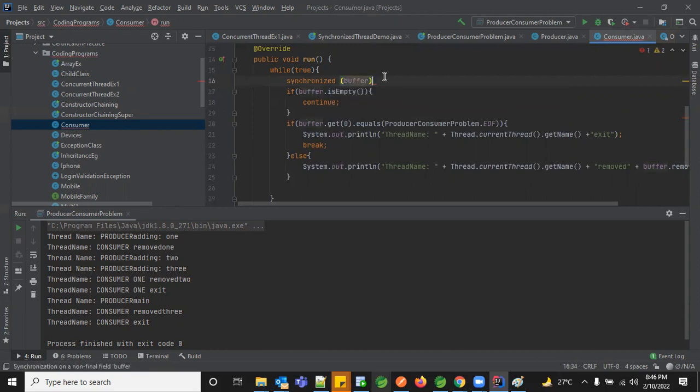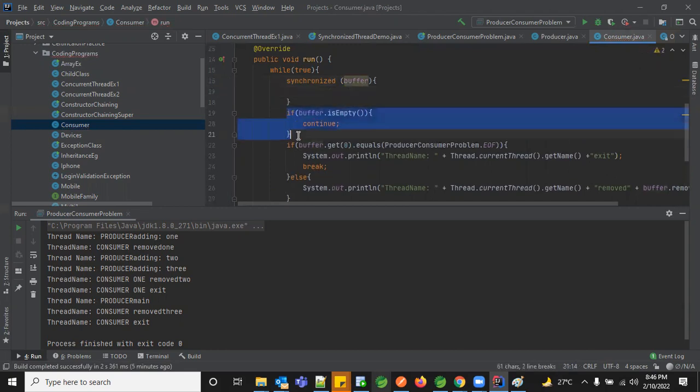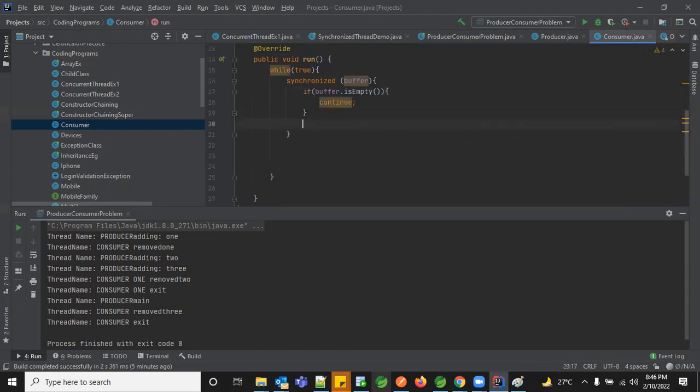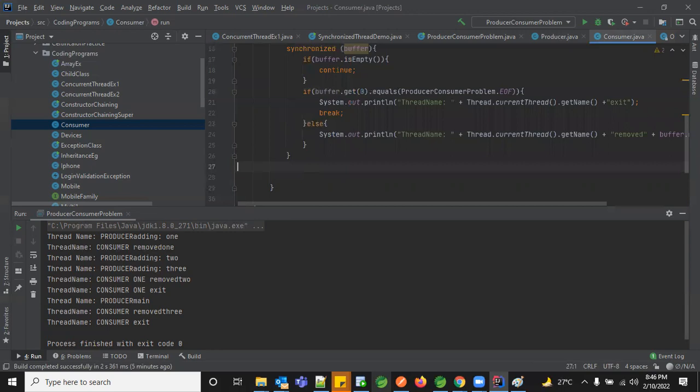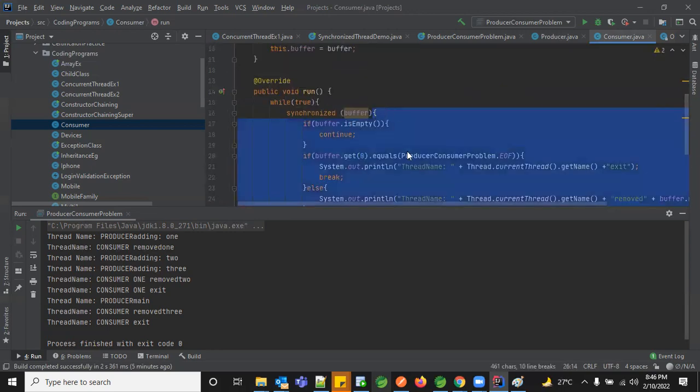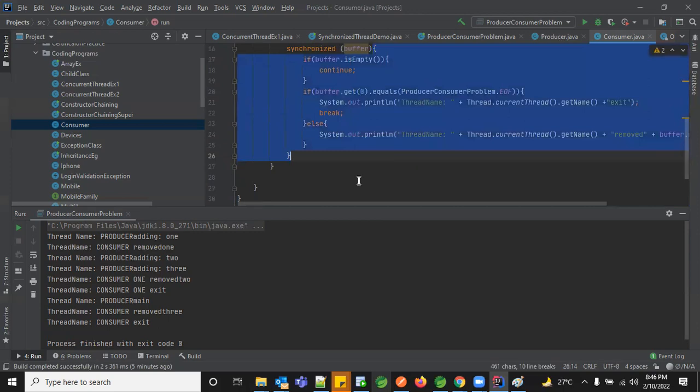So I'm using this buffer, and within that, I should move this entire condition. So my entire piece of code is executed in the synchronized block.